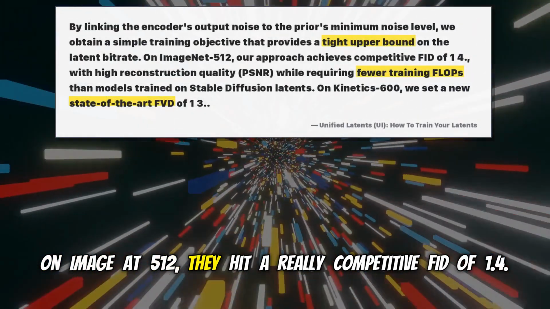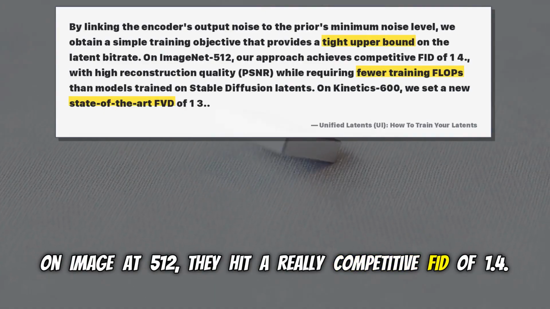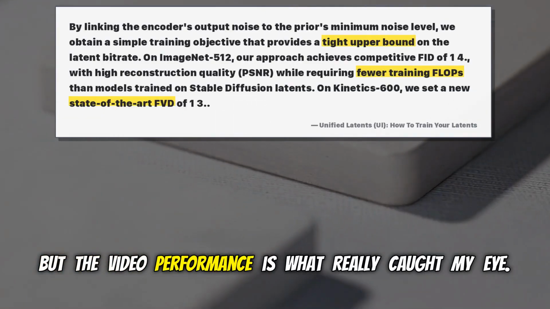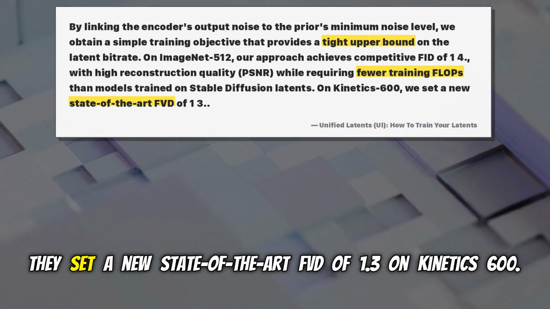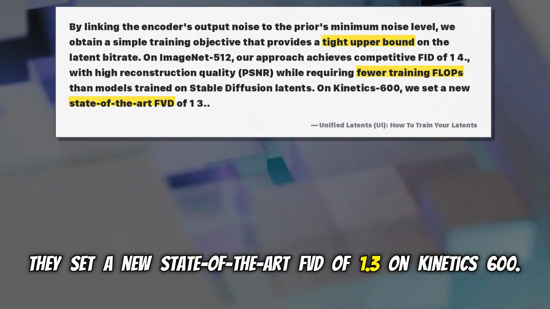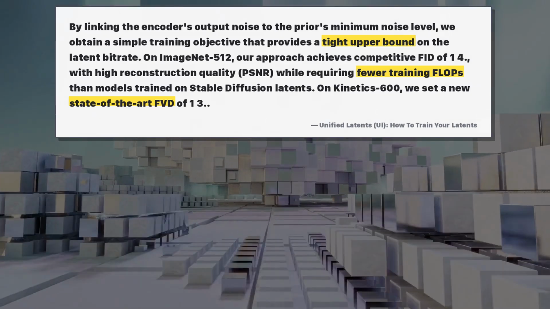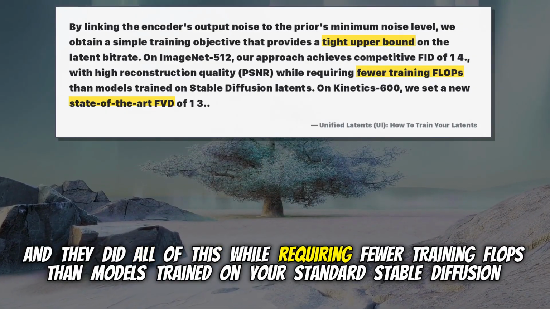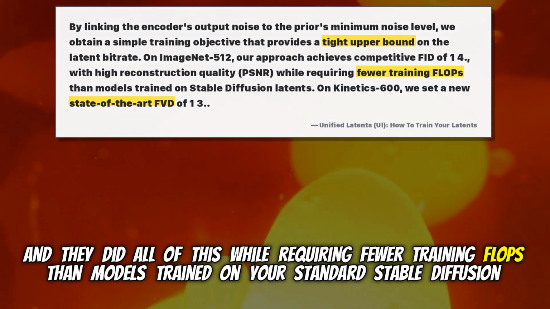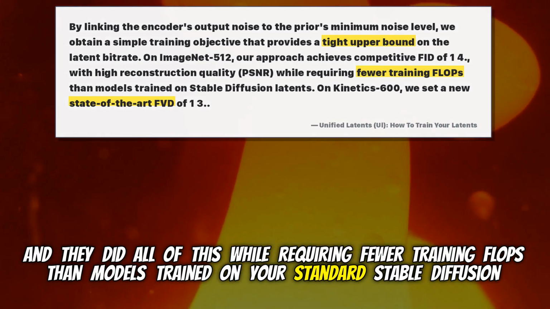On ImageNet 512, they hit a really competitive FID of 1.4. But the video performance is what really caught my eye. They set a new state-of-the-art FVD of 1.3 on Kinetics 600. Yeah, and they did all of this while requiring fewer training FLOPs than models trained on your standard Stable Diffusion